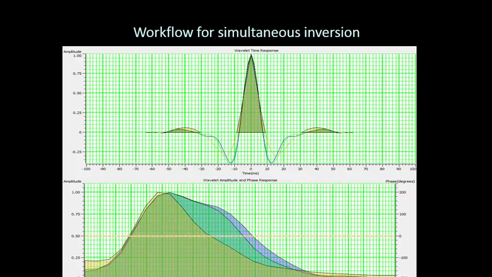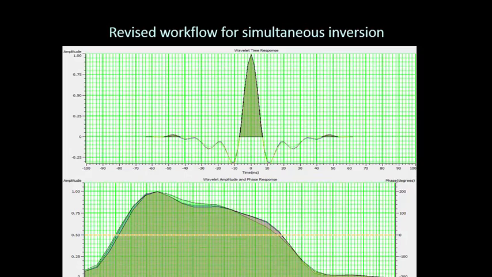I'll just conclude this by giving you a feel or a flavor for the future directions we are working on. For simultaneous inversion, we use the near, the mid, and the far angle stacks, and then we extract the wavelet from the three. There's always a lowering of frequency as we go to the far offsets. This is not a good thing, because it lowers the overall resolution. So what we are doing is trying to balance the near, mid, and far to the same bandwidth as the near offset, and we are trying to balance the amplitude spectra, as you see here. Now look at the wavelets that we have, they are all similar. This leads to somewhat better results.